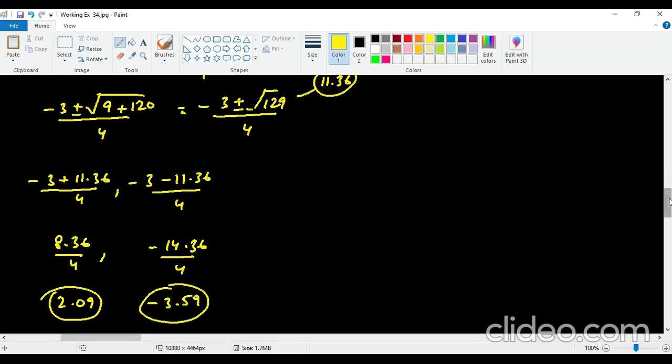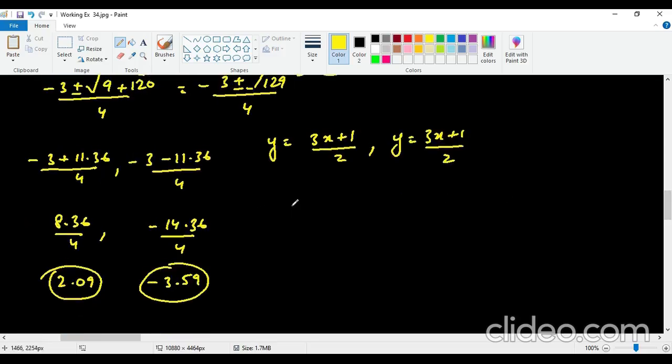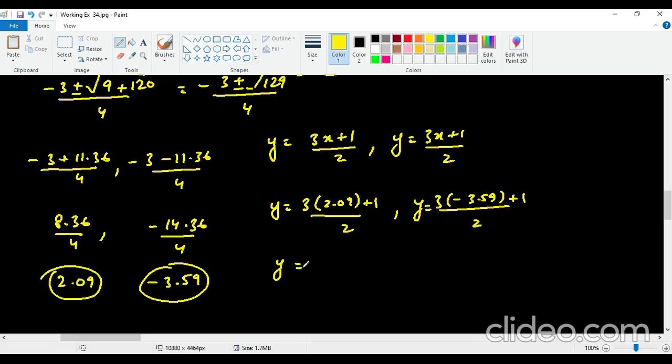We know that the value of y equals 3x plus 1 over 2, and for the second value the same formula with the different value of x. So first I will put y equals 3 times 2.09 plus 1 over 2. Second value is going to be 3 times minus 3.59 plus 1 over 2. So this is going to give us 6.27